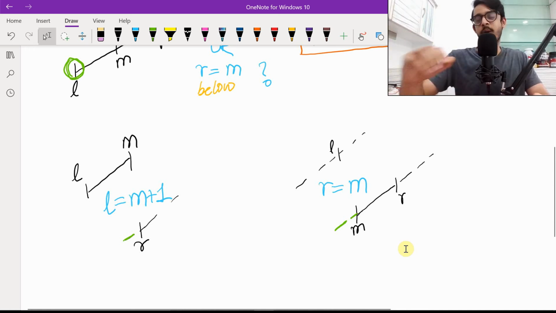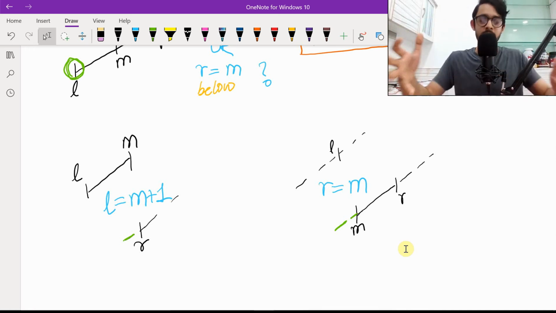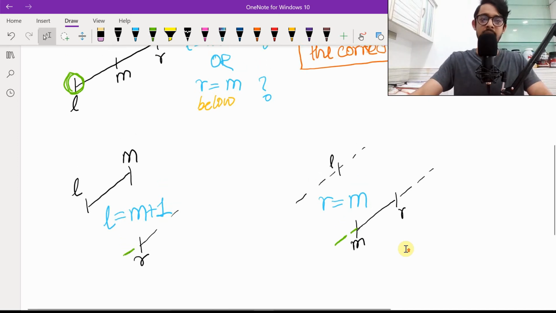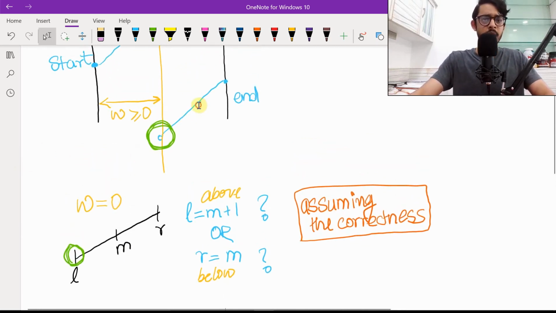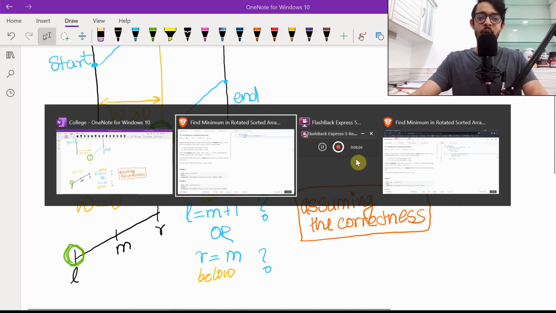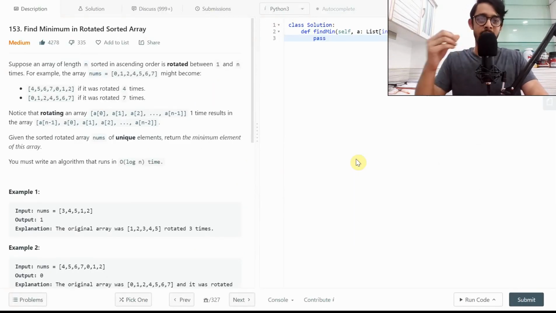Now, let's also talk about the ending case when we'll finally get to the solution. The case when we finally get to the solution is this one over here again. In this case, W may or may not be equal to 0, but we're definitely in this bottom part. And in this bottom part, L is always less than M, M is always less than R. And if that is the case, then L is the answer. So pretty complicated to explain, but you can take a couple of examples and look at the correctness of it. Maybe the code will help guide you more.